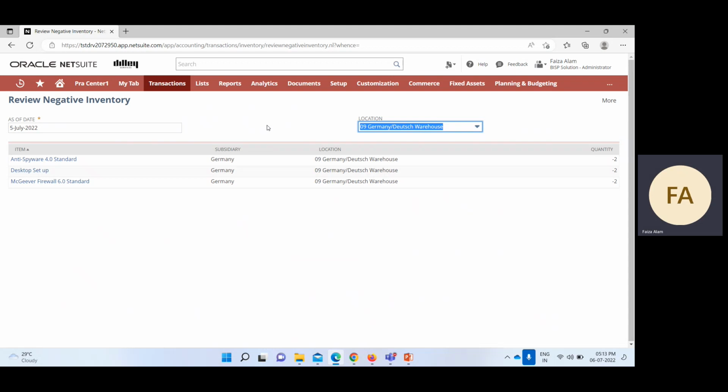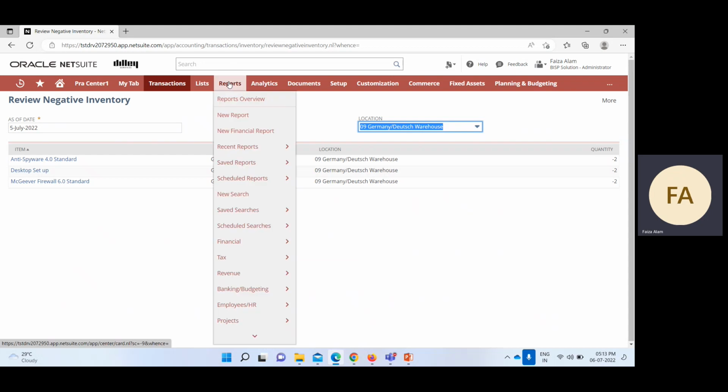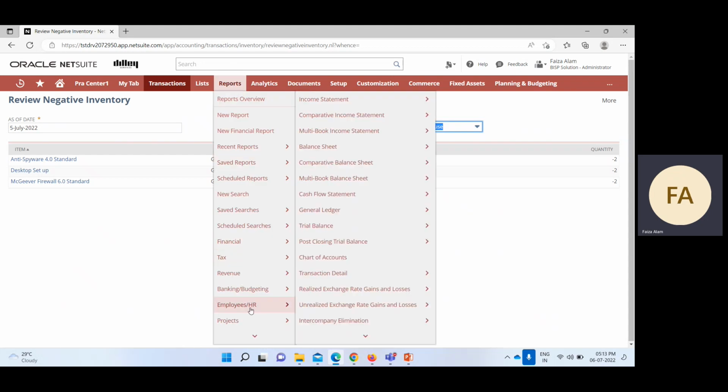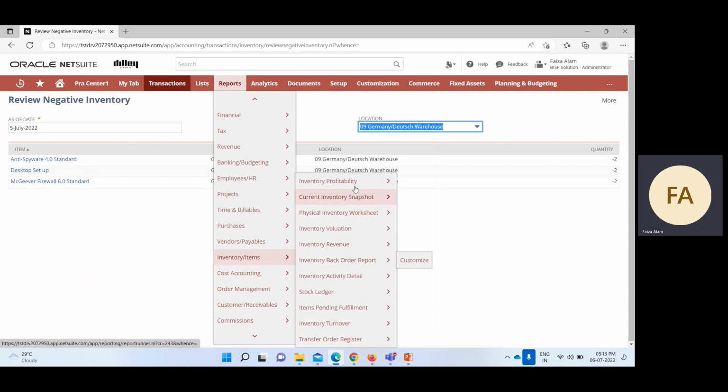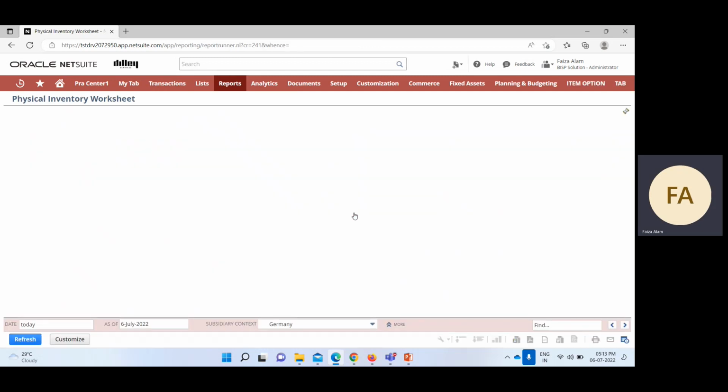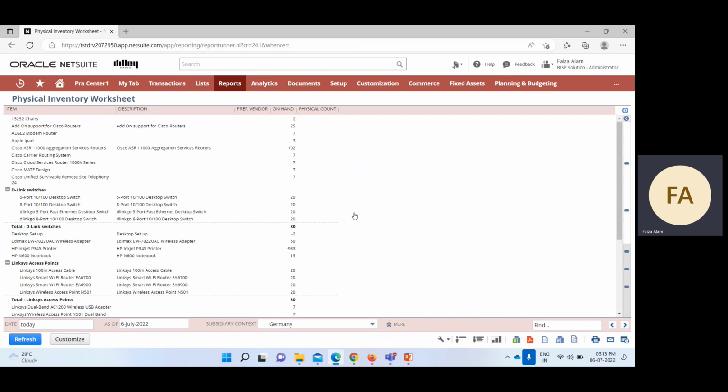The other way of having a look at the negative inventory is to go into reports, under inventory items, and go into the physical inventory worksheet. This worksheet provides us the details of all the items that are available on hand and their physical count. You can see that this is for subsidiary Germany. If I want to view any other subsidiary, like